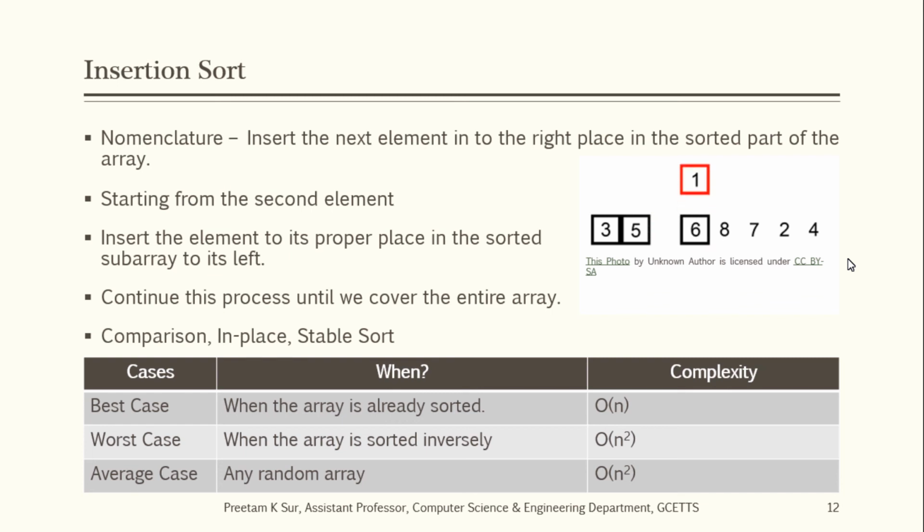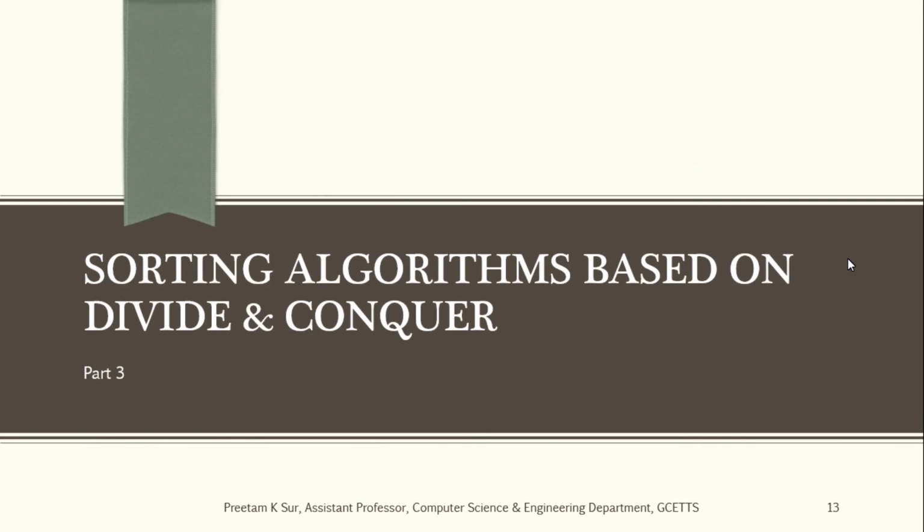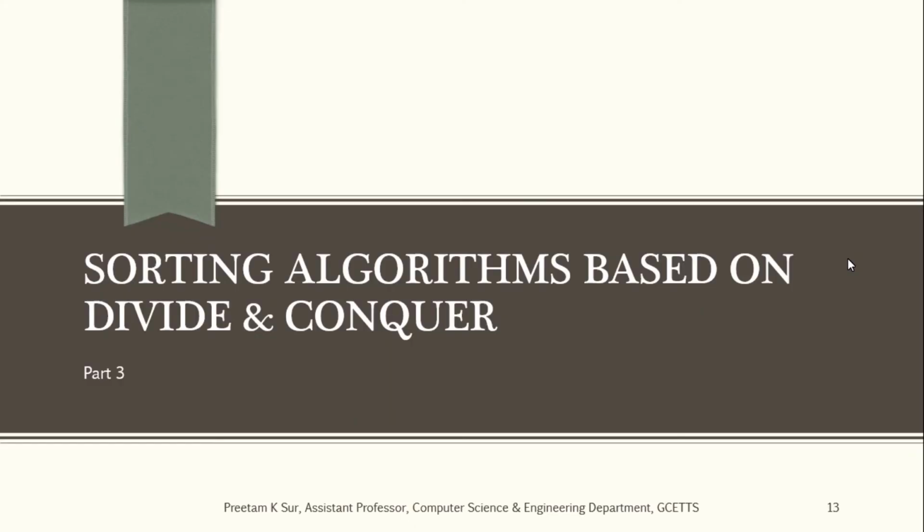With this, we come to an end of the initial three algorithms, a very brief discussion on those algorithms. Next, we are going to discuss the sorting algorithms that are based on divide and conquer, which are merge sort and quick sort. In the part after the fourth part, that is the fifth part, we are going to discuss heap sort, and that will complete our review of sorting algorithms. So in the next part, we are going to discuss the sorting algorithms that are based on the divide and conquer algorithm technique.